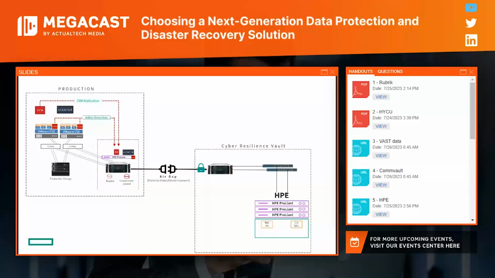Once those checkpoints are in the journal, through SAN-to-SAN replication, they get replicated over to the vault. Now that is an air-gapped connection that is opened for about 4 hours in order to move the changes that happened, and the replicas and the compressed journal get moved right over to the vault. That connection is severed and the data is there. Once it's there, immutable snapshots are created, and from there, no changes can be made to those snapshots.